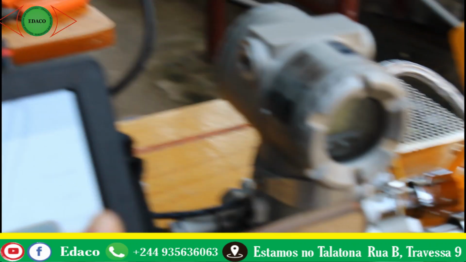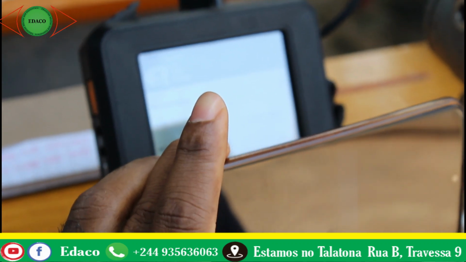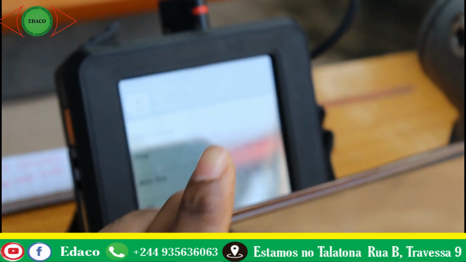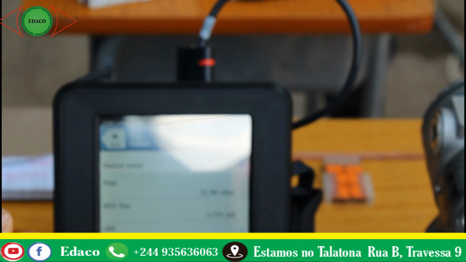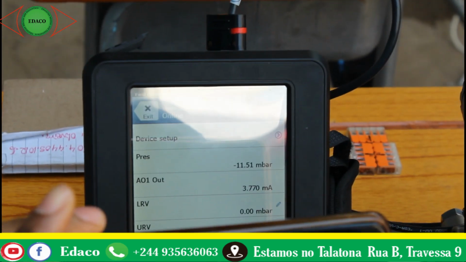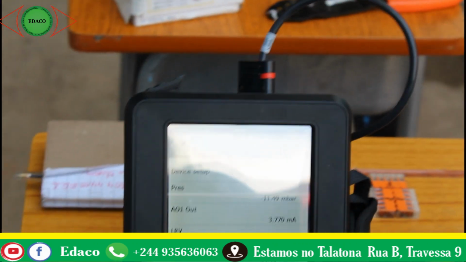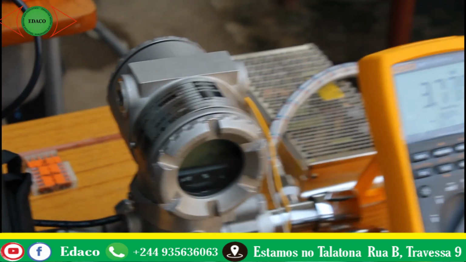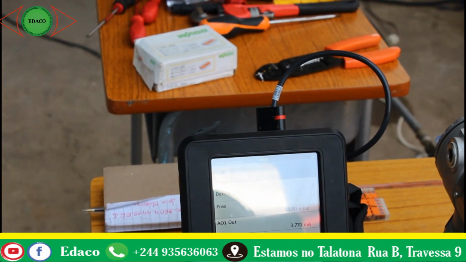If you look at my Trax, our lower range value is 0 millibars and our upper range value is 800 millibars. So if the flow is 0,